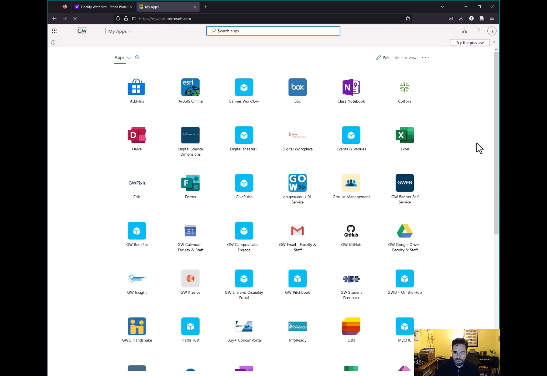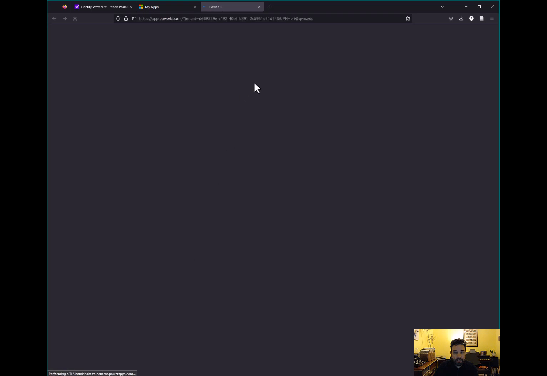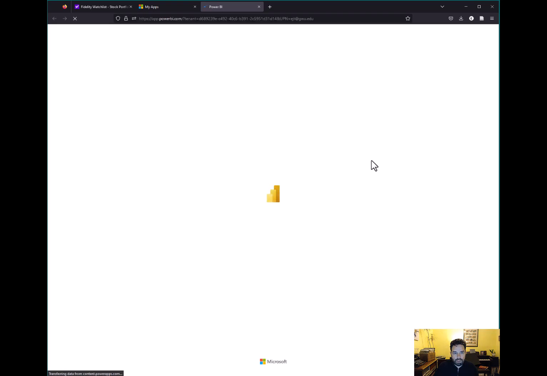It looks like all of my information is already in there, so it's signed me in. And so now scroll down and find Power BI, click on that, open it up,